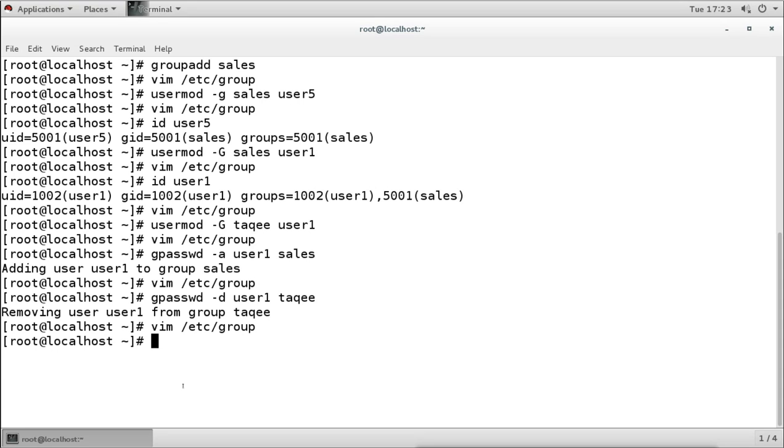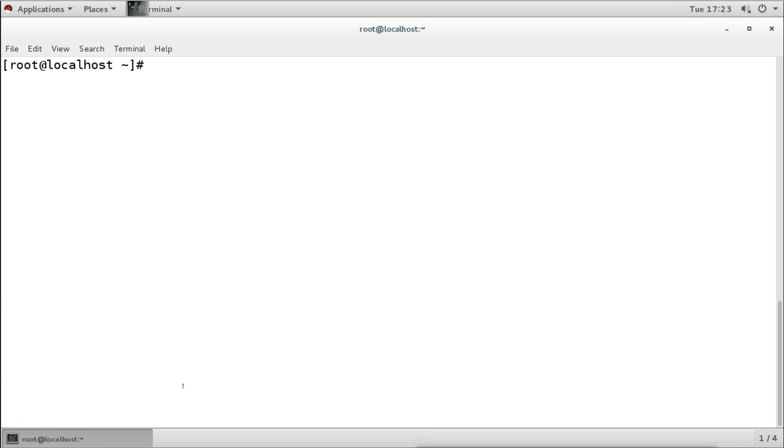We can use the gpasswd command with the hyphen capital M option, and then we can add one by one all the usernames: user1, user2, user3, user4, user5, and after that you mention the group name where you want to add these users.